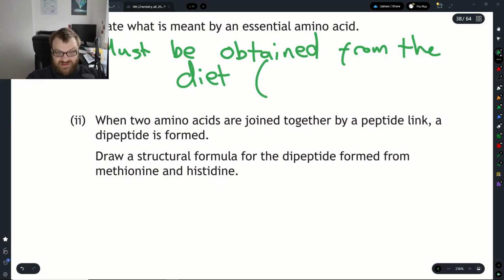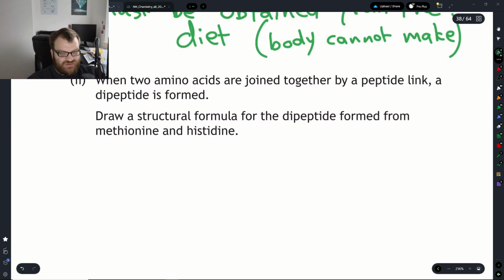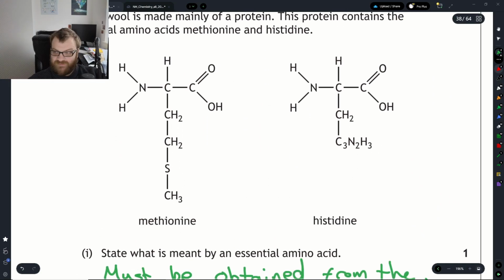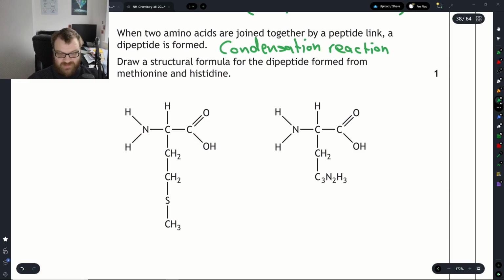Reason it needs to be done, that is the body cannot make it. This next one, we're asked to draw a structural formula for the dipeptide formed when these two things join together. Forming a peptide link is a condensation reaction, and what's going to happen is we're going to form water. We lose the OH from the carboxyl group, and lose one of the hydrogens